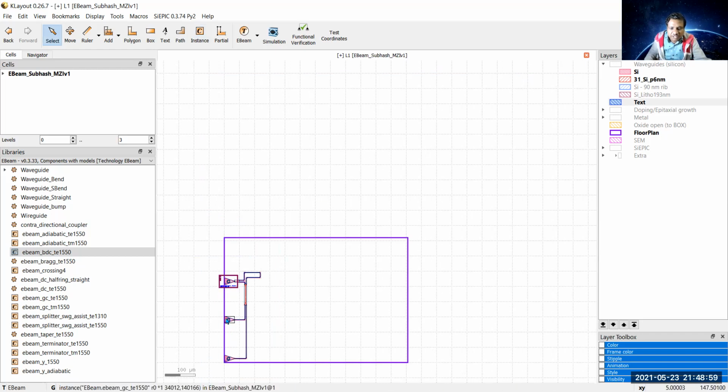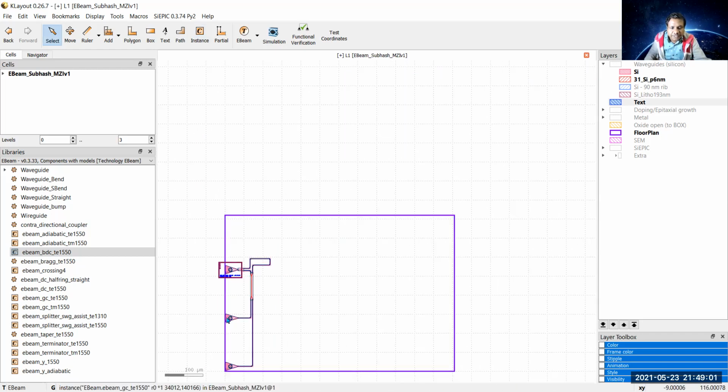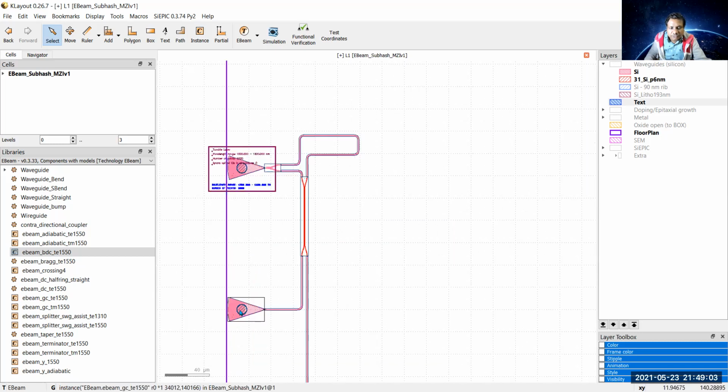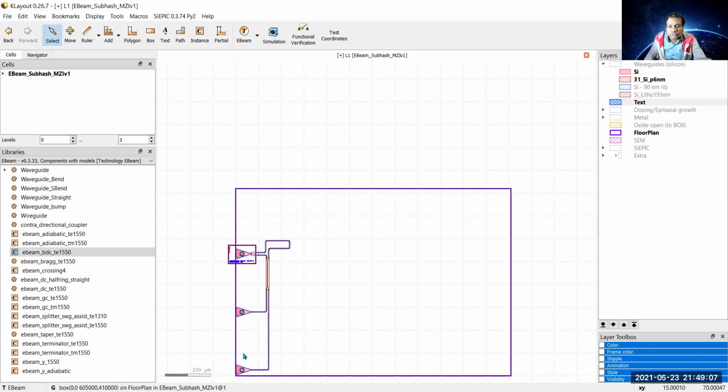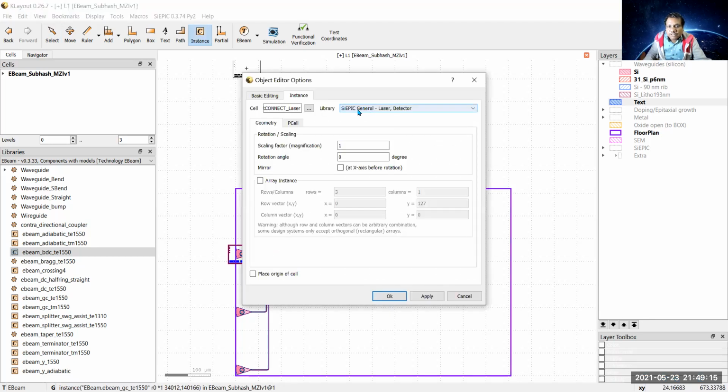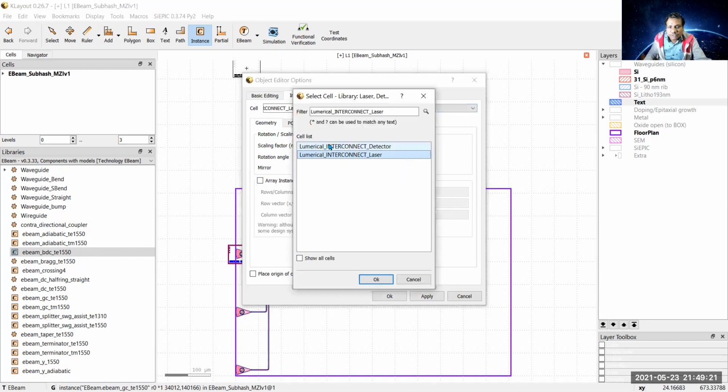After that I will go to put photodetectors. We need two photodetectors. These two photodetectors give the outputs out of phase. So go to instance, SiEPIC General library. Under that we go to numerical interconnect detector.